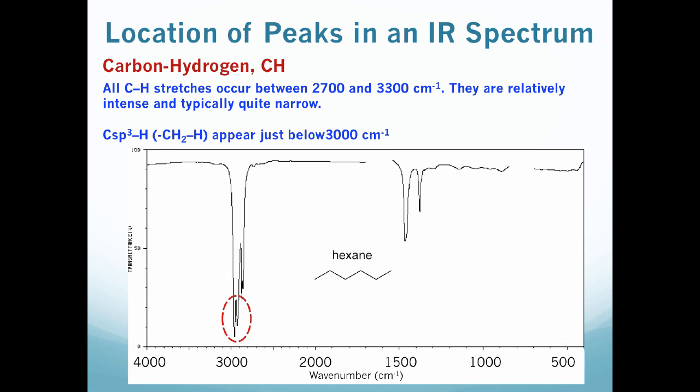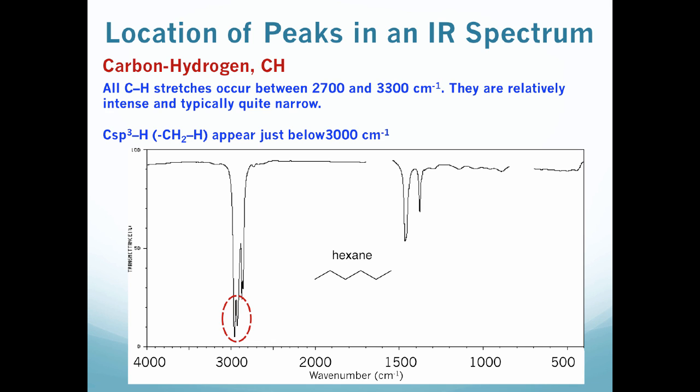Sticking with the 2,500 to 4,000 region, we're next going to take a look at the CH stretch. And almost every organic molecule that you look at is going to have carbon-hydrogen bonds, so this is a stretch you should expect to see very, very frequently. All of your CH stretches are going to occur between 2,700 and 3,300 wave numbers, and we're going to see that they're pretty intense and quite narrow in most cases. First, we're going to look at